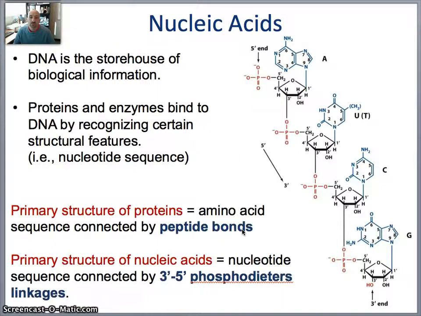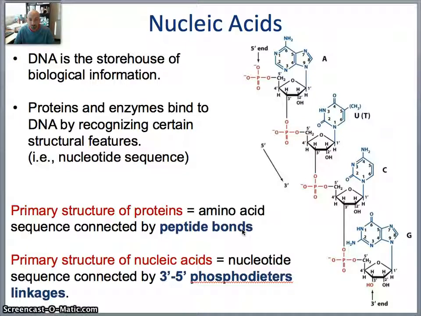All right, so the last thing I'm going to talk about is just the basic structure of nucleic acids. So we know DNA is the storehouse of all biological information. That then is passed on to the RNA, which ultimately helps determine the protein that's being produced. Proteins and enzymes actually bind to DNA. They recognize certain structural features. They read that nucleotide sequence. And we're going to talk about next class why that's important and how these different proteins may bind